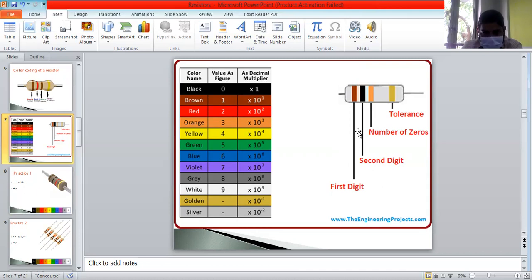So for the first 3, we have a color chart. Now it's a different color chart from what you have seen in rainbow colors and the dispersion of light. So पहले मैं आपको difference भी state कर देता हूँ, and I will state one thing too, that you do not have to memorize this chart. Whenever you get a question on color coding of the resistor, you will get that chart to decode the colors or to make the code also.